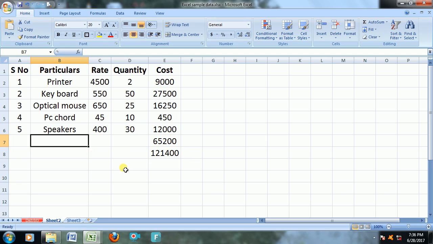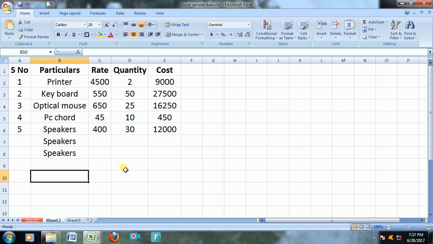As I said, it will copy the text. I'm keeping it here and saying Control D, so it will copy whatever the cell above this has, whatever number. This trick will be mainly useful at times when you want to apply a formula, or you want to copy. Suppose you have speakers here and you want to repeat that. You can just say Control D, Control D. Only when the cell above is empty and you press Control D, nothing will happen. So the cell above the one where you are using Control D should have some